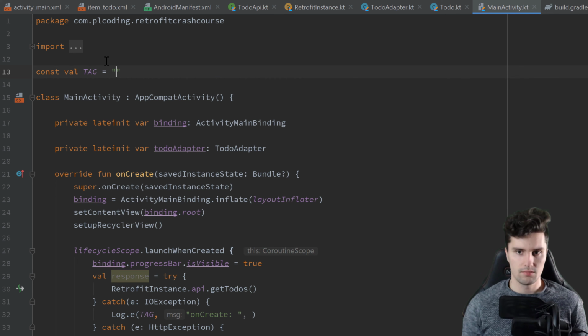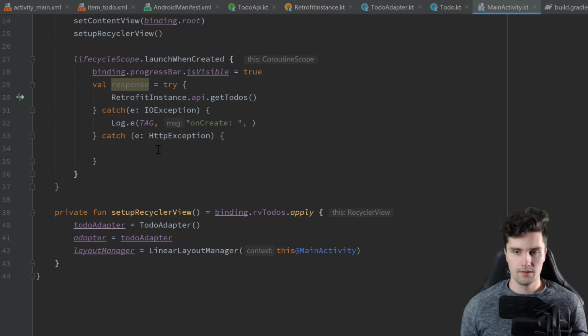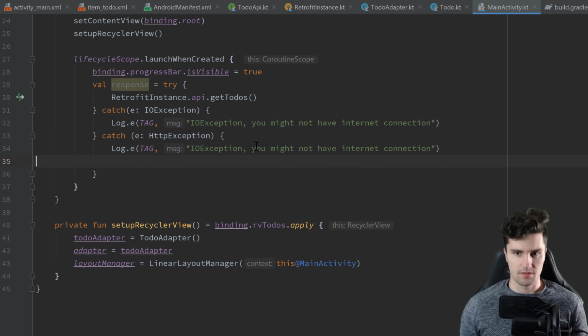Console tag is the main activity. And here we just write IO exception. You might not have internet connection. We can copy this, paste it here,